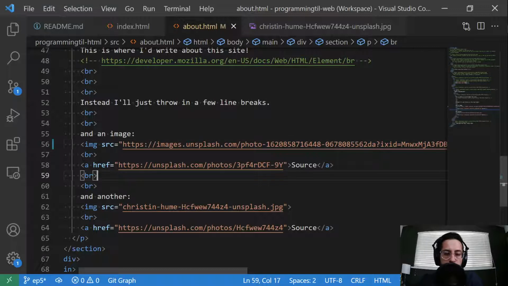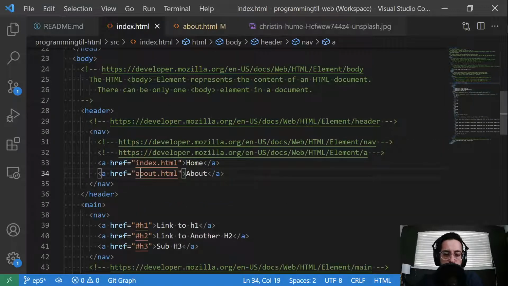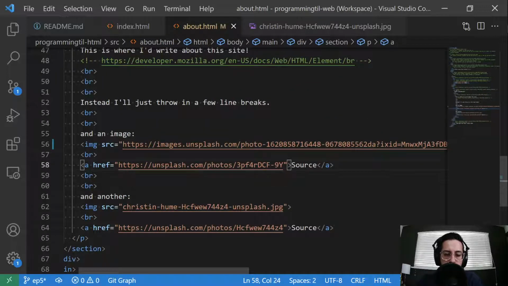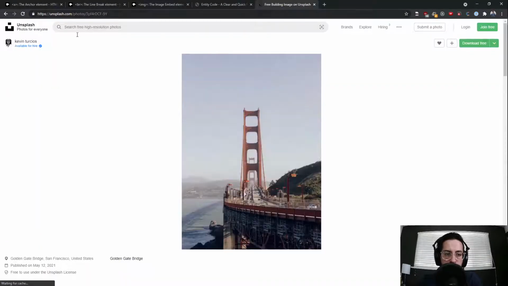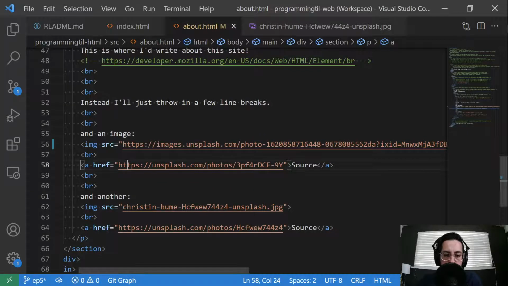Another thing is, so far our links have all been relative. So these are within the same page, as you recall. These are new pages. But down here, I also have links to external pages. So these sources link to somewhere else on the internet. So you can write out the entire URL here, and that'll link somewhere else. One interesting